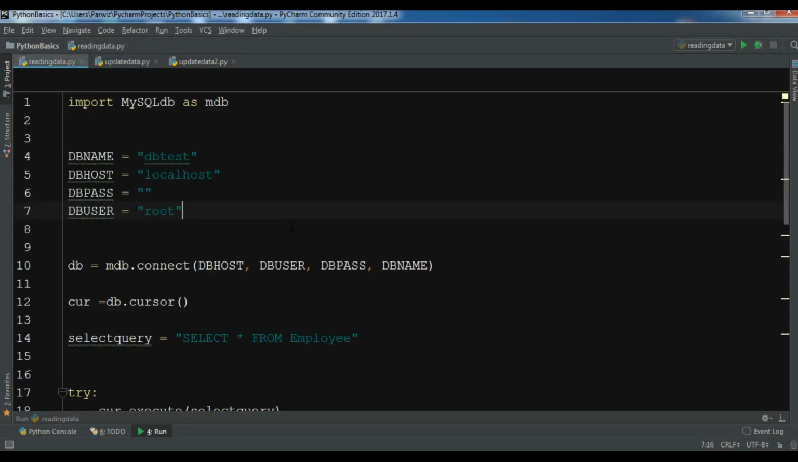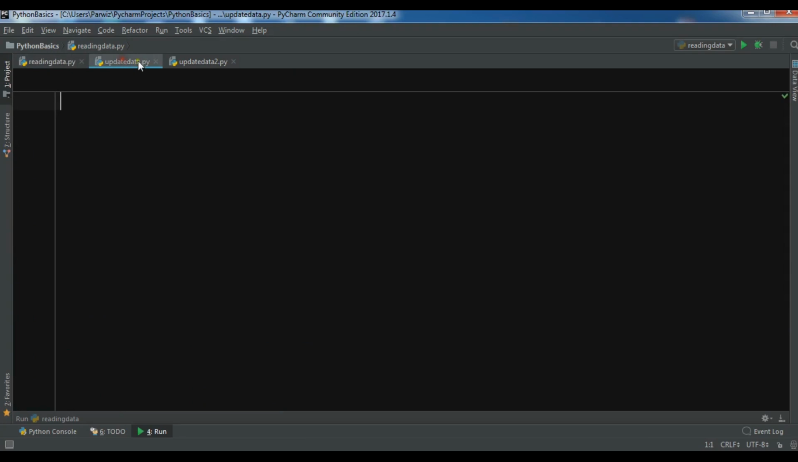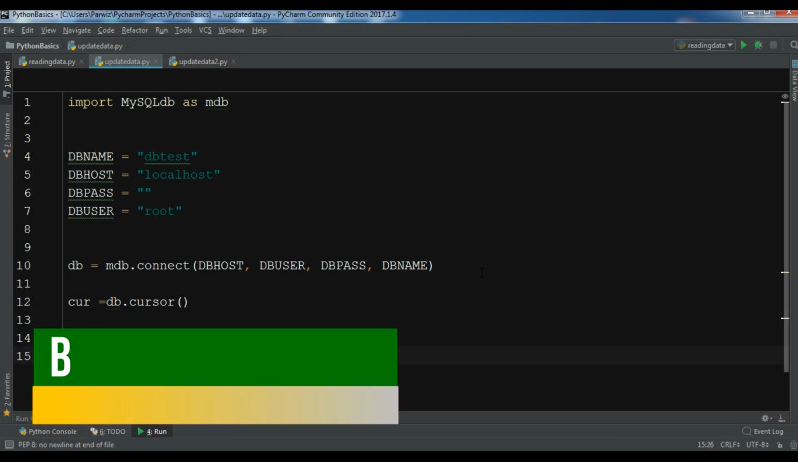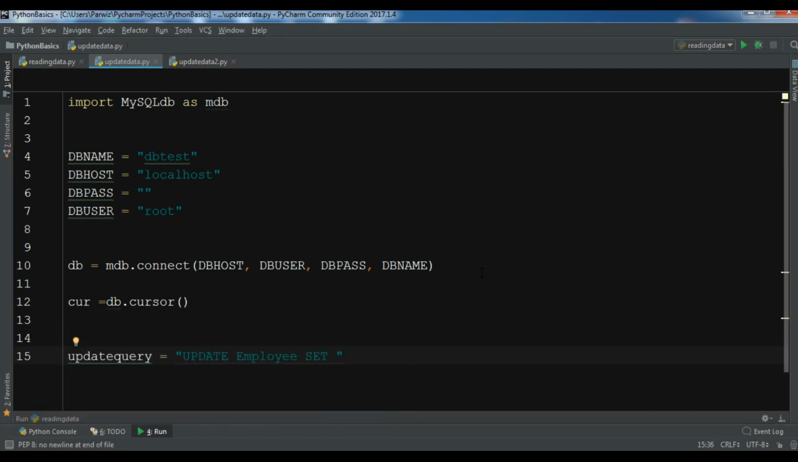I'm going to copy this code from here because I don't want to write all of it. Now let me copy it in here. Now I'm going to create my update query. So in the update query I want to update employee, and set the name of the employee table, for example, to "updated name", and where